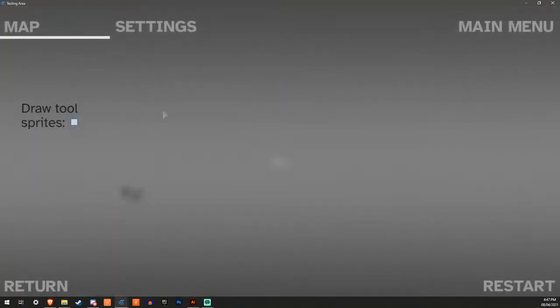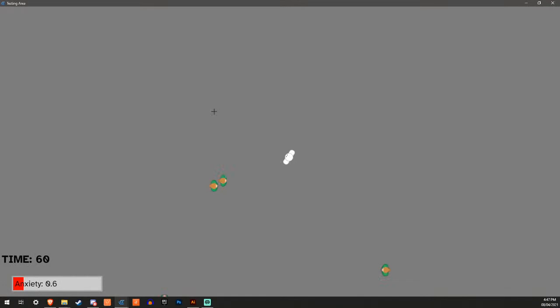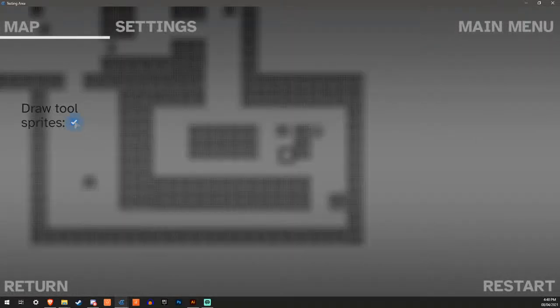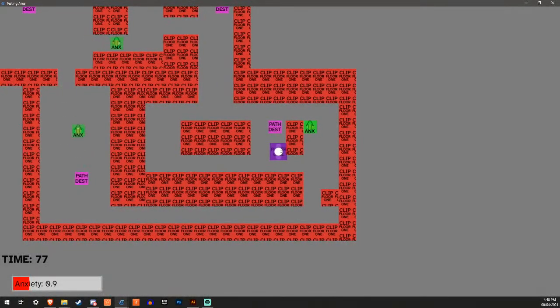This is slightly annoying, although it shouldn't be too bad, because it does seem tied to the frame rate. So I can just hope that people have a good frame rate whilst playing. Otherwise, the character's going to go like this.